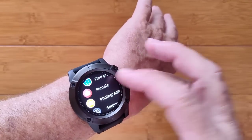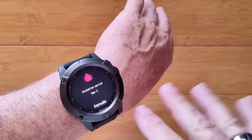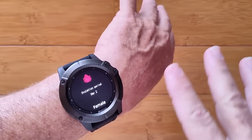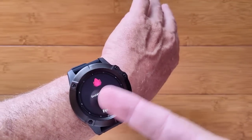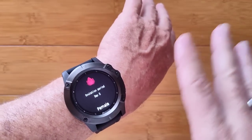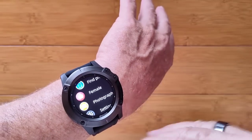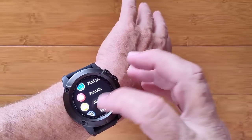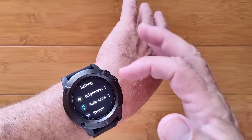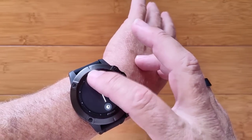And if you're female, and I went back and re-registered myself that way and put in a start date for my pseudo period, and it's tracking me. So I'm on the second day of my ovulation period. Can you tell? Touch that and you'll set the phone up if you're tethered to take a picture, and you can use this as a remote trigger. And then in settings you've got your overall brightness, which we're at level 4 now,